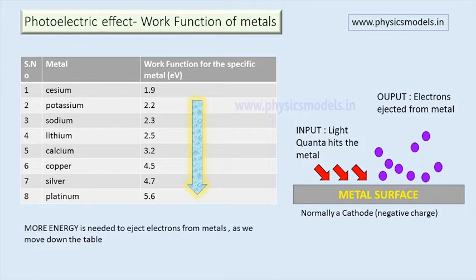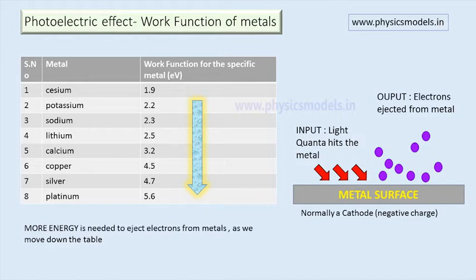When we say release the electrons, it means the electrons have overcome the attraction of that metal surface, overcome the attraction of the atoms of that metal surface, and they have escaped the metal and they are hanging out there. They are not moving. On the left hand side you can see a table,